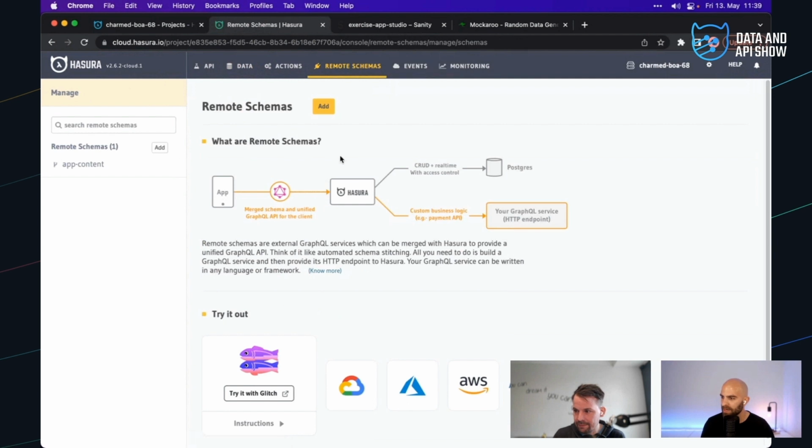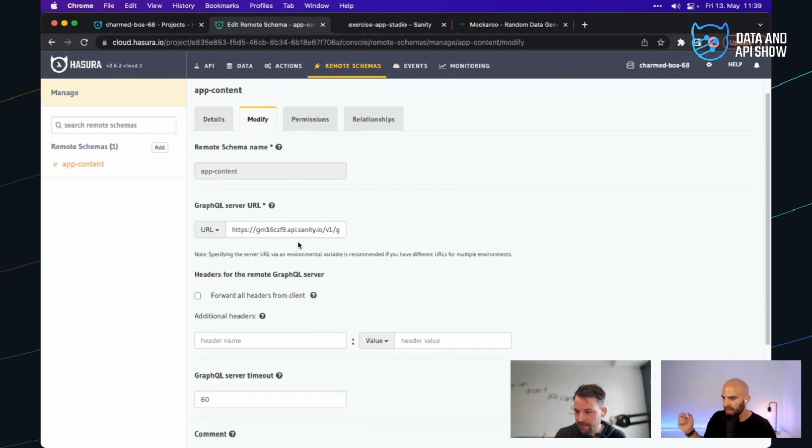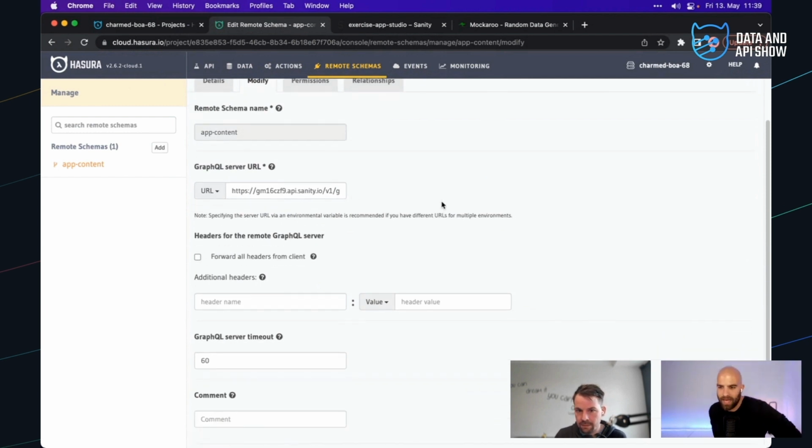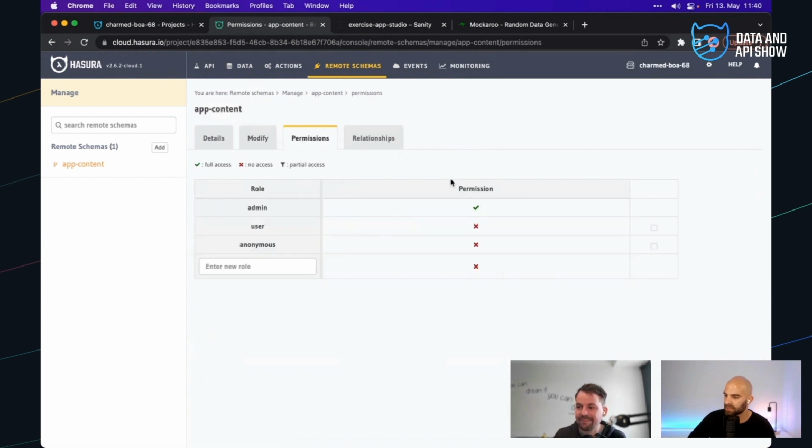And then we have the remote schema that was brought in. If you were to modify it, you can see the configuration screen. We're able to give it a name. We're able to give it the endpoint. And we haven't done this yet, we'll probably try and iterate over this. At the moment, it's an open GraphQL API, but we would also be able to identify any headers if you wanted to pass in an authorization token to say this is a protected connection between these two. And we'd even be able to, and we'll see if we can get around to iterating that far later on, go down to permissions here, where we'd be able to see how this content actually works.